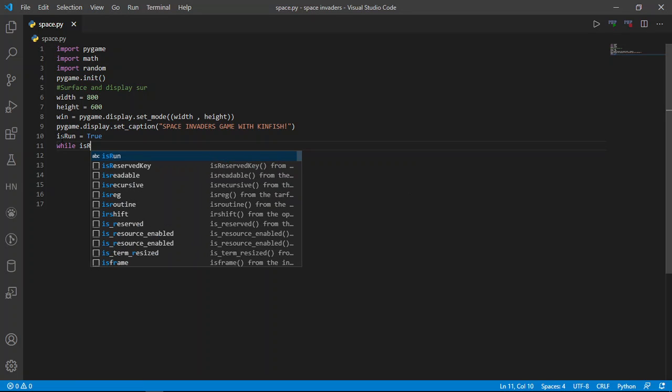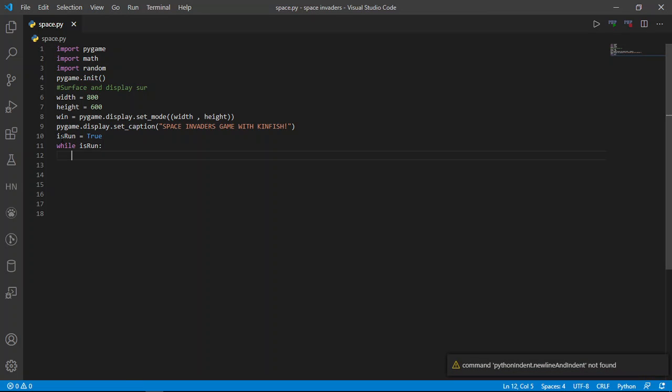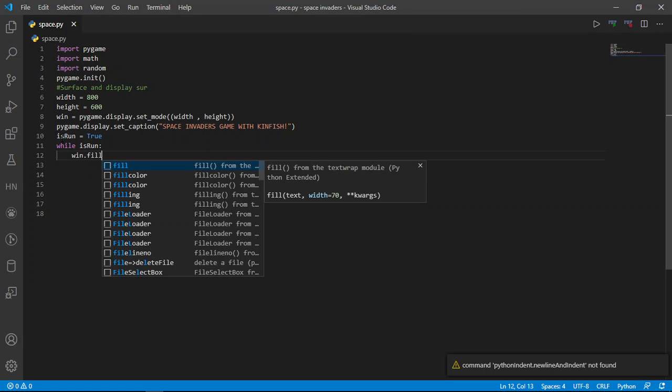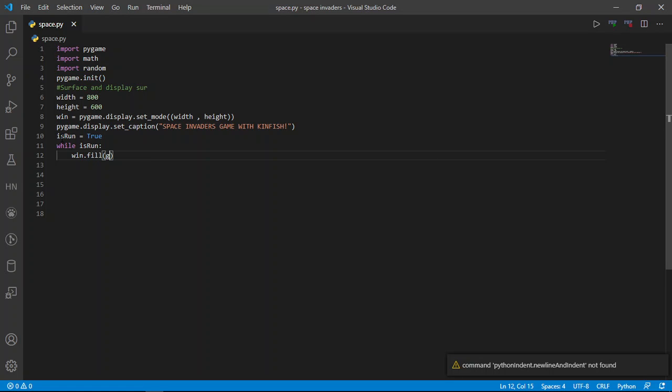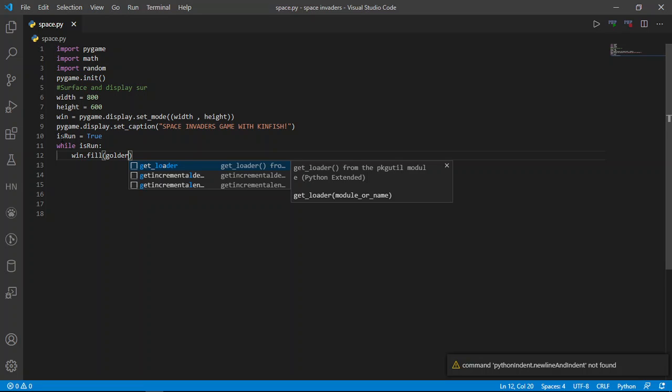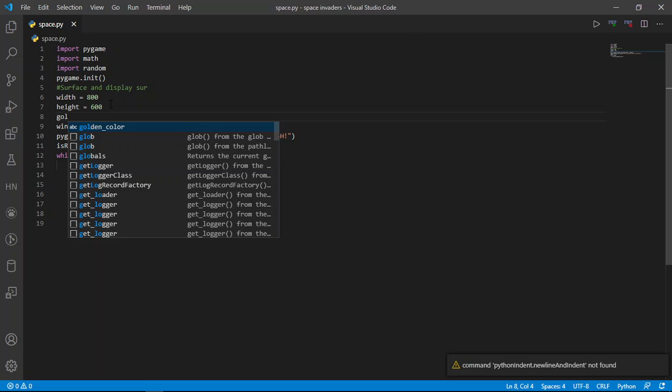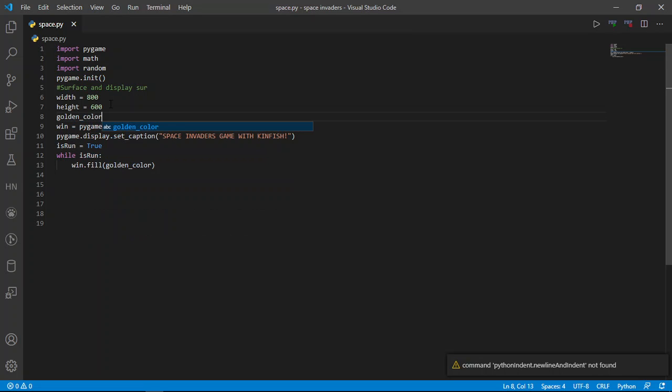While is_run is true, as a default we are going to fill the screen with a golden color. Simply golden color, and I'm going to define the golden color over here: golden_color, which is going to be equal to a tuple of values, 255 and so on, randomly. The next thing that we should do